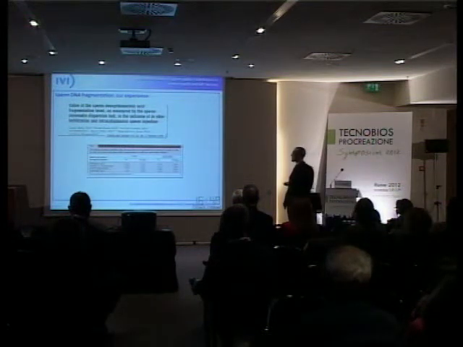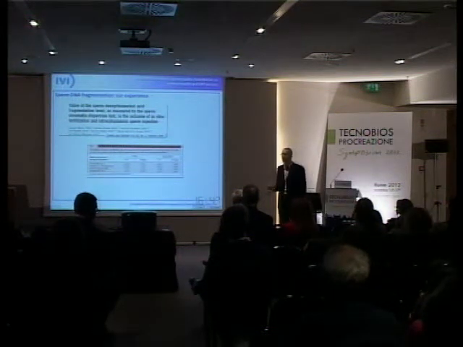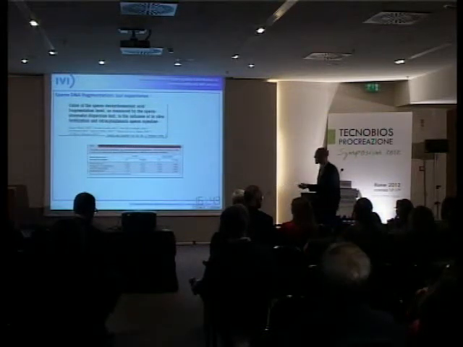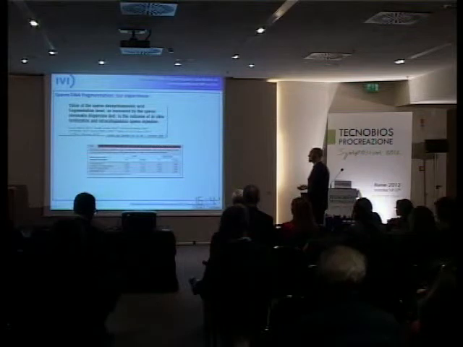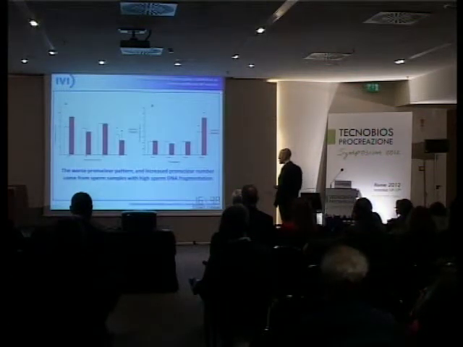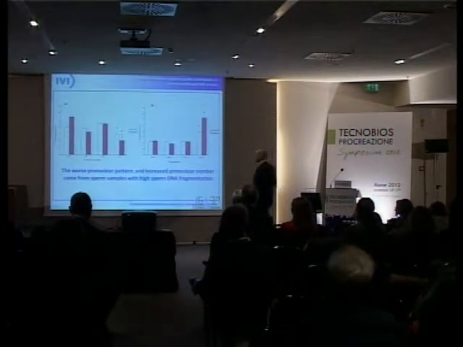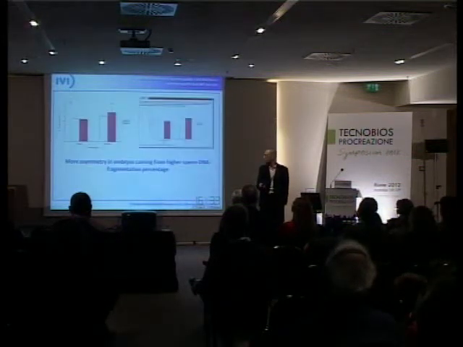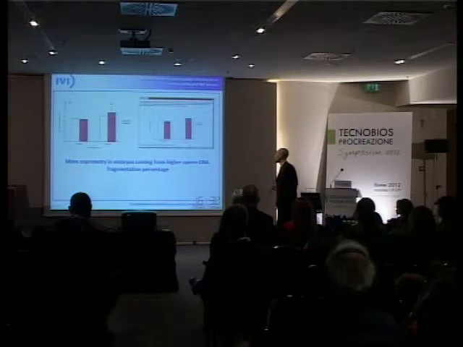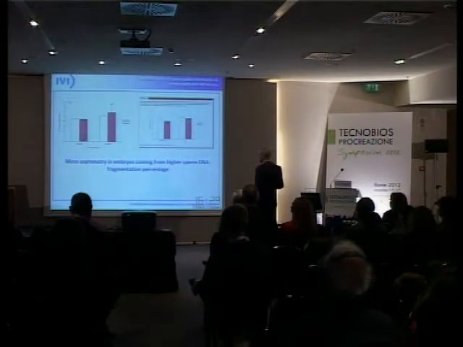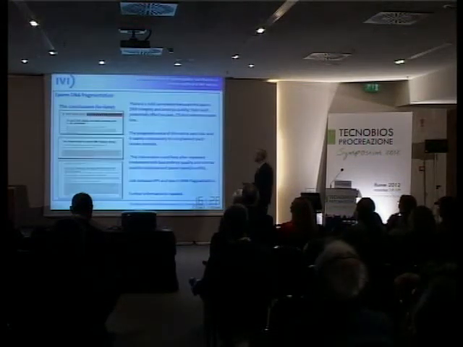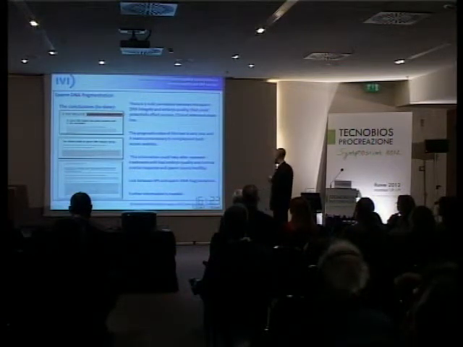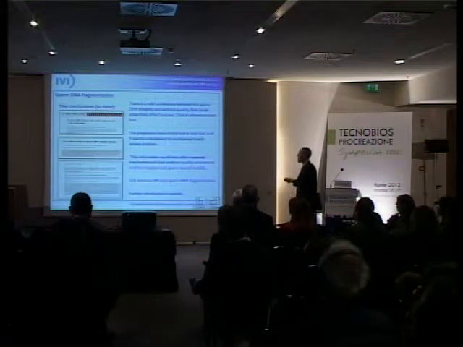In IVF and ICSI, we found several embryonic traits related to increased DNA fragmentation, such as fertilization rate, worse pronuclear pattern linked with samples showing high DNA fragmentation, and more asymmetry in embryos coming from these higher sperm DNA fragmentation samples. But the conclusions to date seem to be included in these three papers.